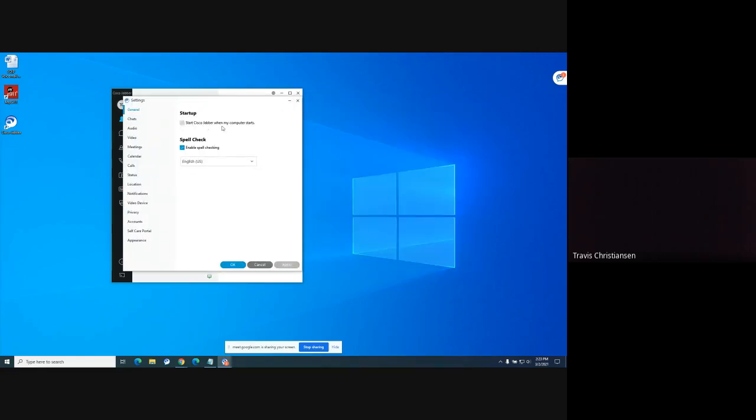Start Cisco Jabber when my computer starts. The reason we like to bring this up is that if you are telecommuting, you have to log into your VPN, log into your My E911, and then you can log into your Cisco Jabber. That's recommended because it's the best way to ensure full functionality of the software. Jabber will start without a VPN, but you may